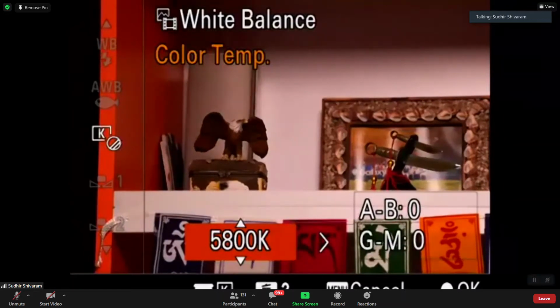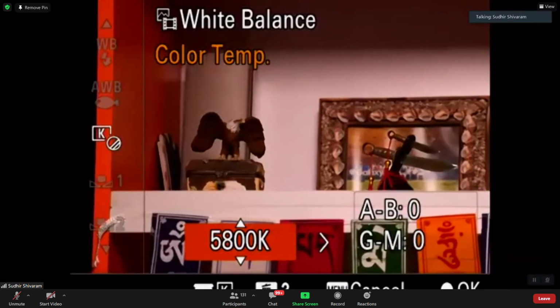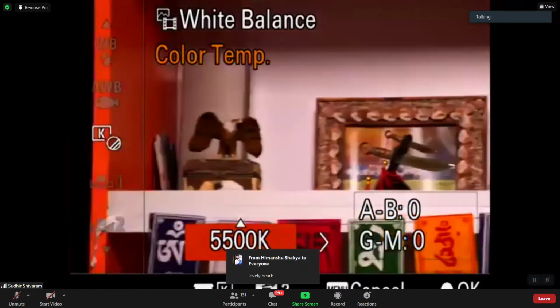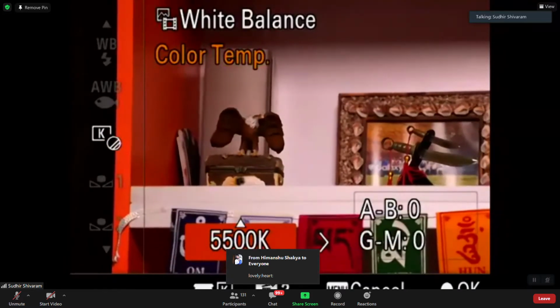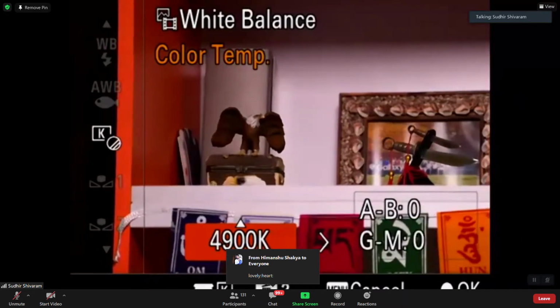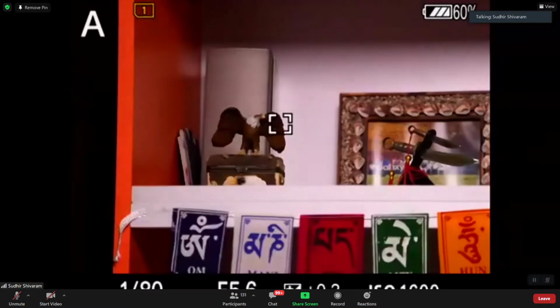Manual white balance. So for this scenario, I think it's still more warm. So let me just decrease the white balance. You see, you're getting more natural colors when I'm decreasing the white balance. That's because I'm shooting indoors. And of course, the